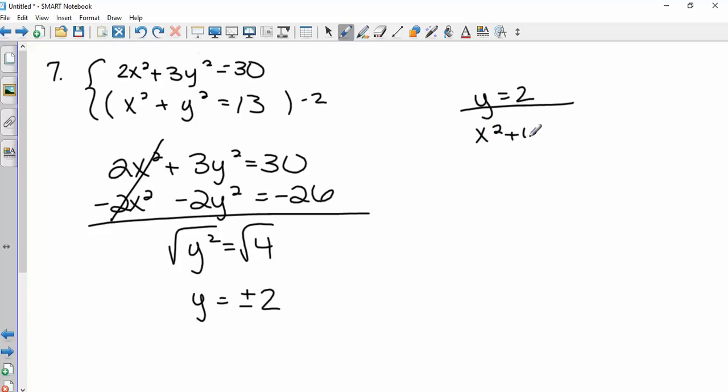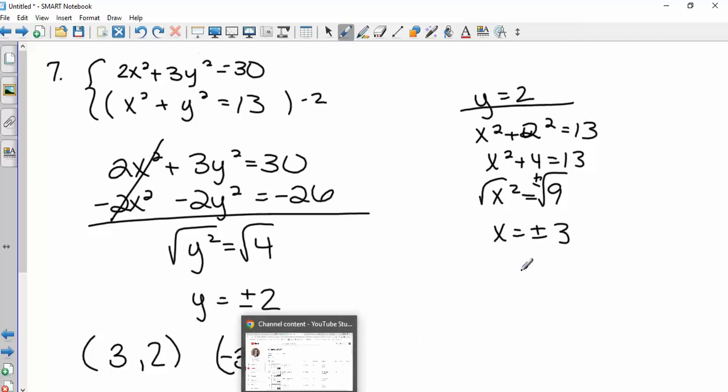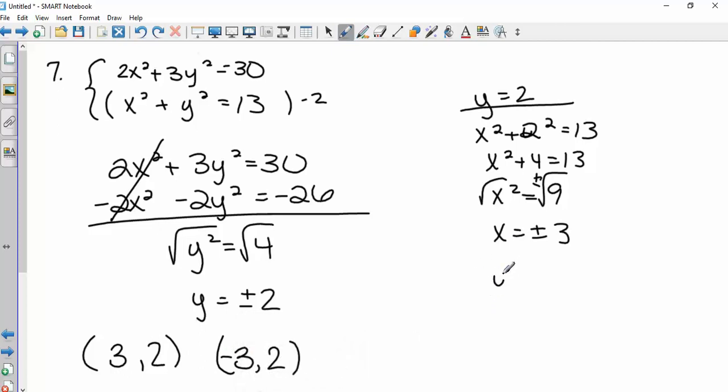So if I plug in a 2, I'll do the second equation. So y is 2. So we have x squared plus 4 equals 13. So x squared is 9. Square root, plus and minus, so x could be positive or negative 3. So what we found is that when y is 2, there are 2 possible answers for x. So that gives us 2 ordered pairs. We have 3, 2, and we have negative 3, 2. If y is negative 2,